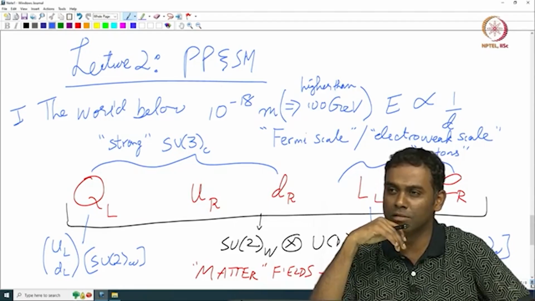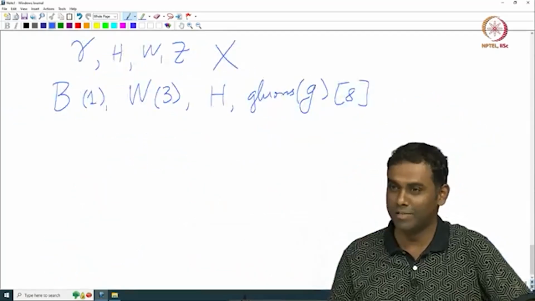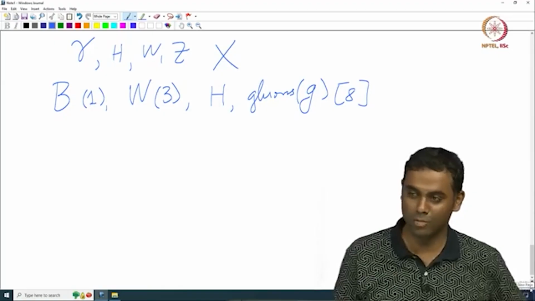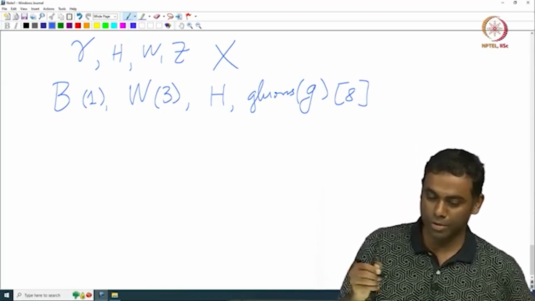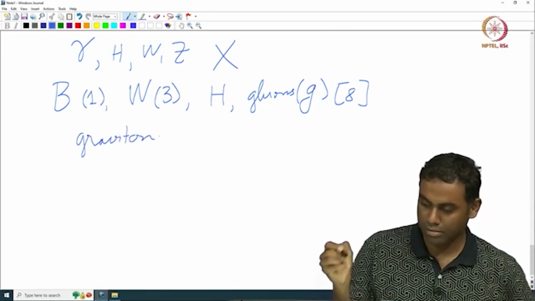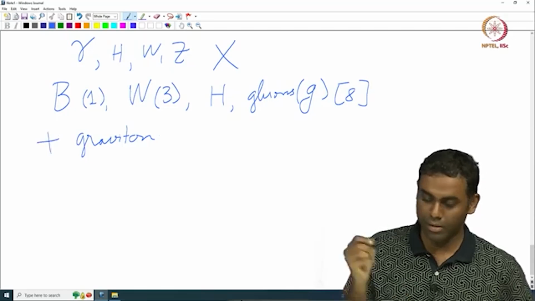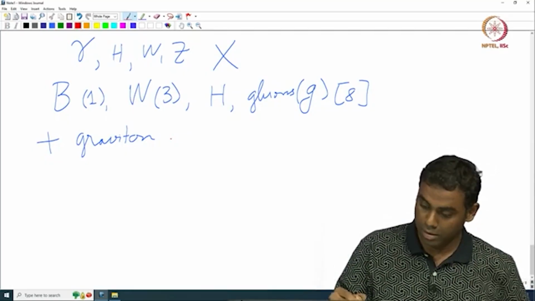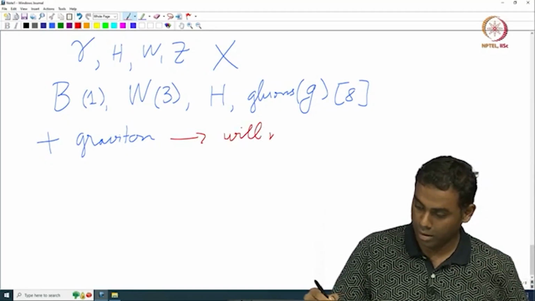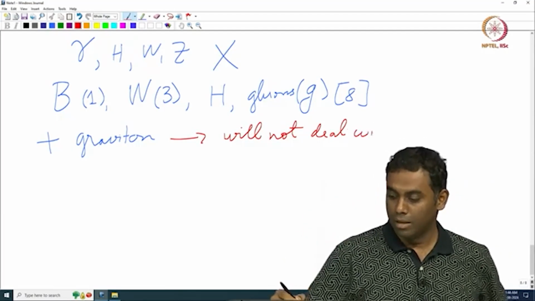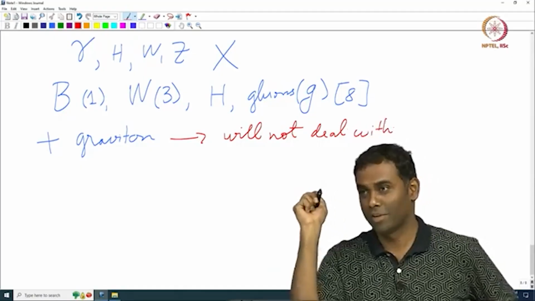Okay, so what are we missing? Are we missing a force here? Gravity. Good, gravity. Very good. We didn't write down gravity here, right? Gravity is present at all scales, right? Or up to the Planck scale at least. So the graviton. Okay, now in this course we will not deal with the graviton. All right,